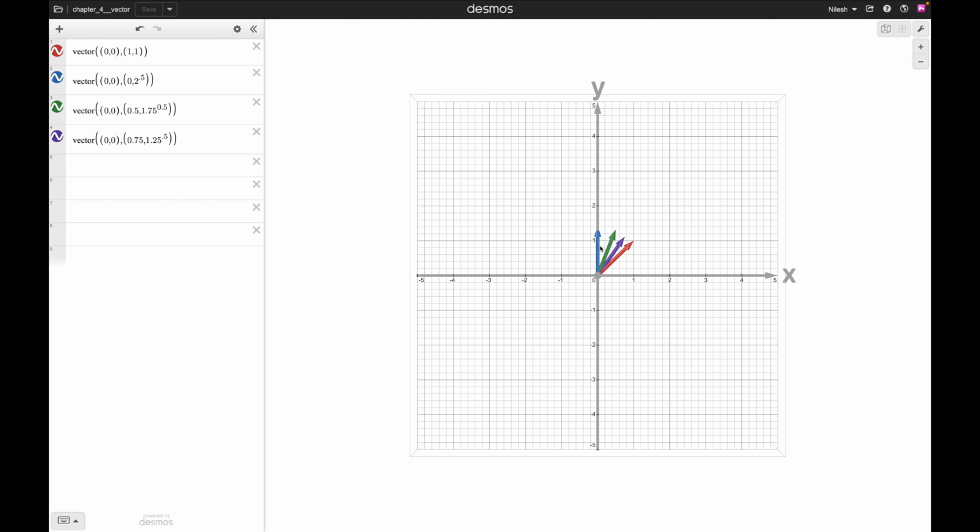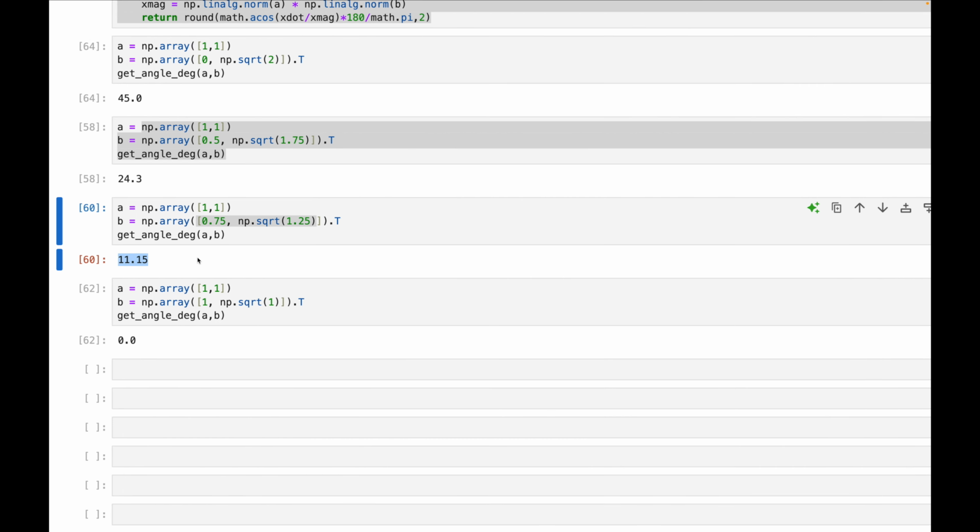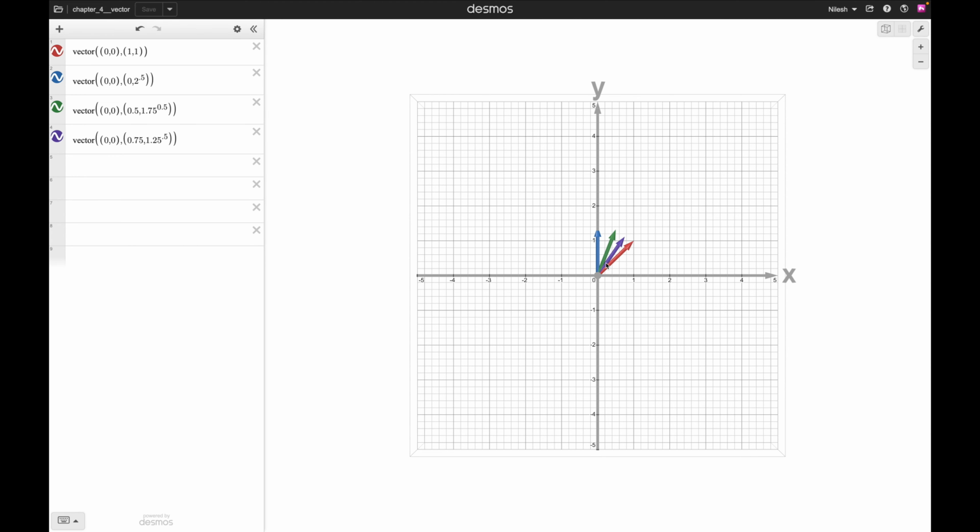degrees. So in training the neural network, this is what we intend to do: find the ideal W, and so we want to get in the direction closer to this red arrow. And here we are at 11.15, and that's pretty close to the red arrow as compared to where we started at 45 degrees. Now in the ideal case, the best vector we would like to find for W that gets us the best decision boundary is the